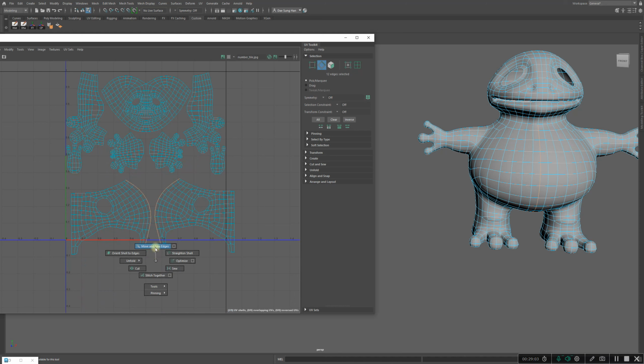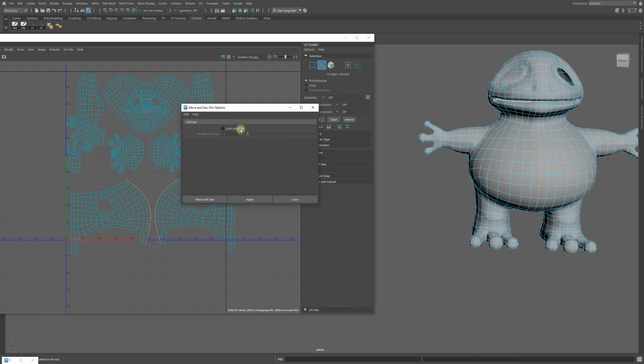Shift right click, move and sew. Let's see what the option box has. Oh, doesn't matter, hit apply. When it does that crazy wonky stuff, you can just grab it, shell mode. You can go close the selection, open an unfold tab, unfold,